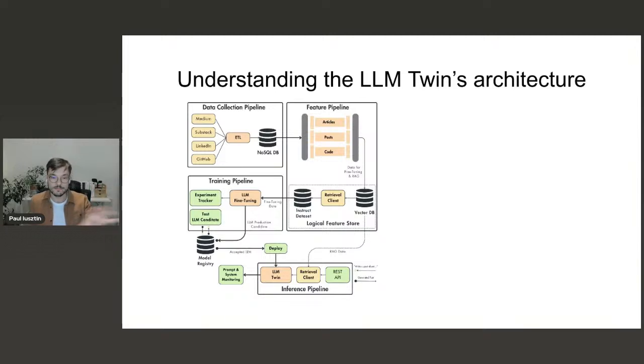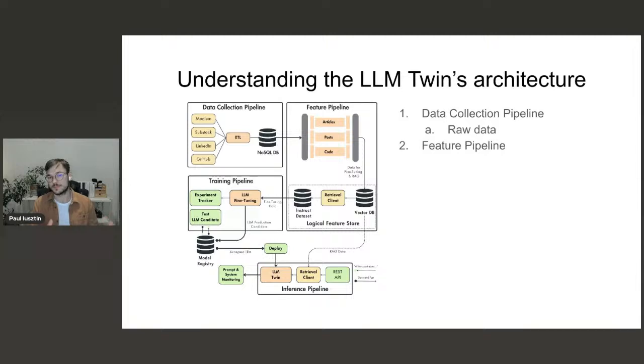The high-level architecture is split into the data collection pipeline, which takes in raw data, processes it, and puts it in a data warehouse. Next, we move to the feature pipeline that takes this raw data from the data warehouse and processes it to create fine-tuning data and RAG data.